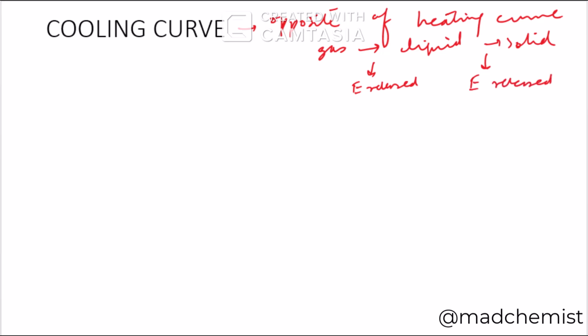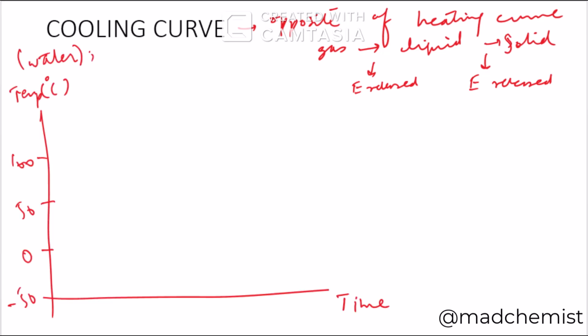The gas is at a heating state when it has high energy. When the particles have high energy, they are present in the gaseous form. When the particles have very low energy, they are at their cooling side. They're present in solid state. So let's discuss it the same for ice. So in the start, the water is present in the gaseous form. At 100 Celsius, it starts condensing and converting into liquid. So after some time, the whole steam is converted into liquid water.